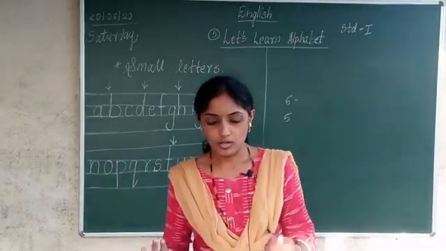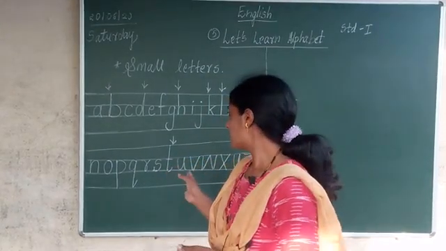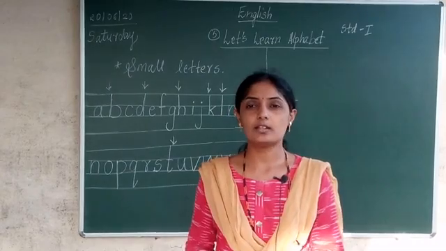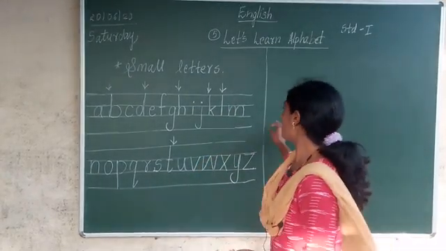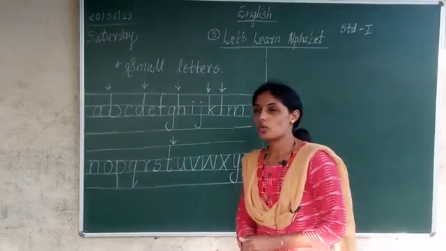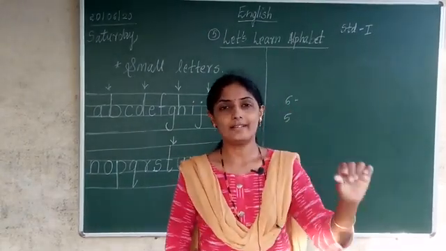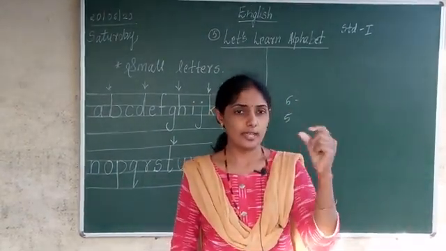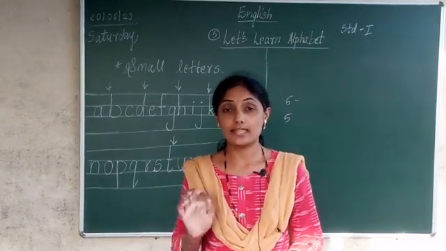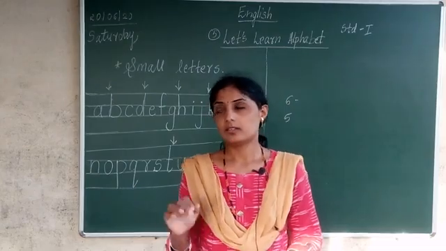Now what do you understand after writing this? You will immediately say that, ma'am, 6 letters are touching the first line upside and 5 letters are touching downside. So small letters, or small ABCD, you can say, those letters are not the same in height. The height of